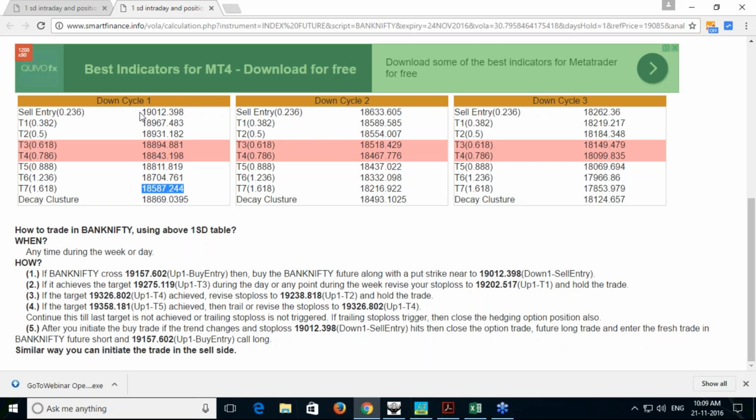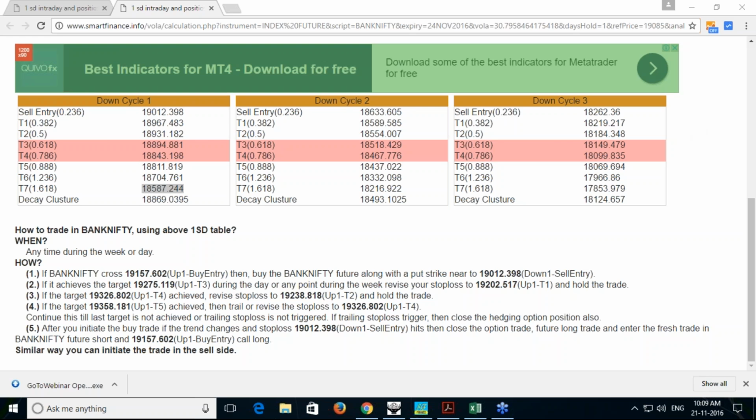18,587. So 19,012, if you are selling the Bank Nifty, you have an expectation till 18,587. This is your expectation. So why is this third target and fourth target being given